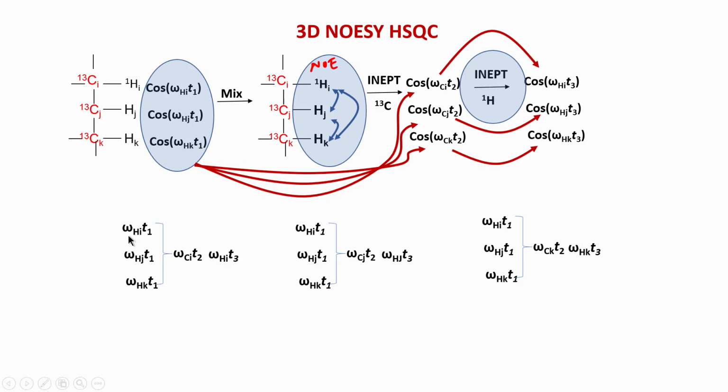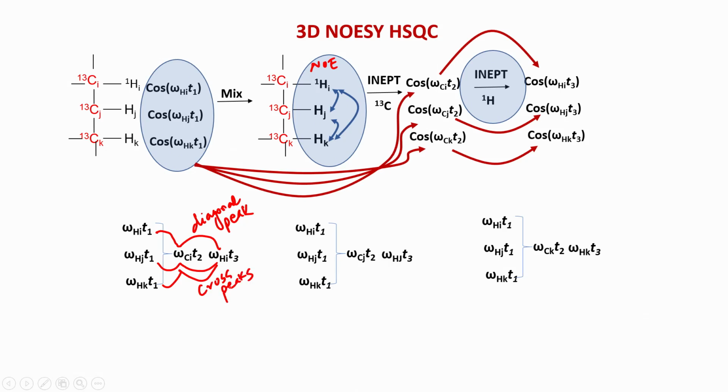Okay. So, these correlations, omega I, omega J correlations, will be seen in the spectrum as a peak. So, when we say a peak in an NMR spectrum, a peak can be a diagonal peak or it can be a cross peak. So, what is a diagonal peak? A diagonal peak is a peak where you have the same frequency repeated 2 times or 3 times. So, you can see here Hi is repeated. So, this correlation becomes a diagonal peak, and these correlations and this correlation, they are cross peaks.